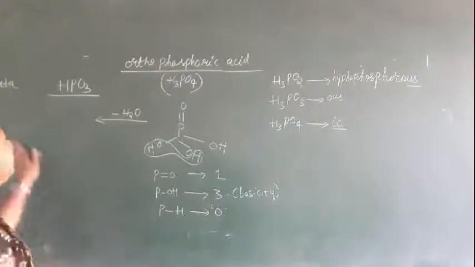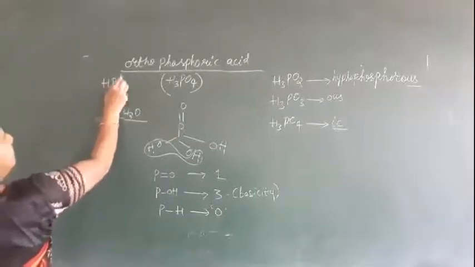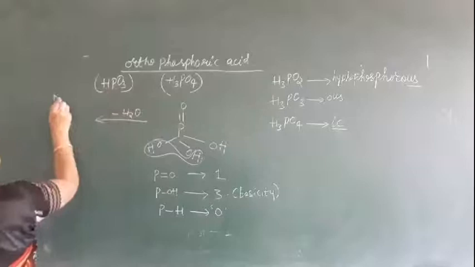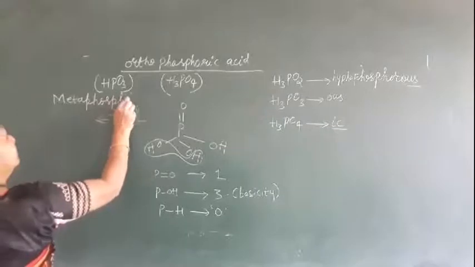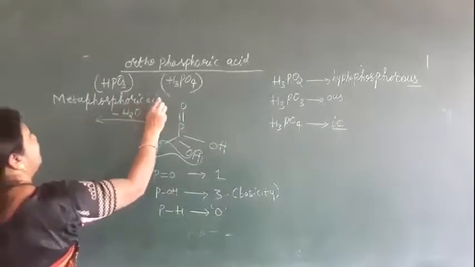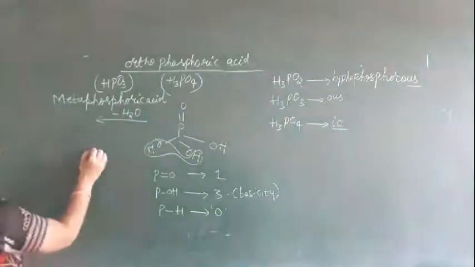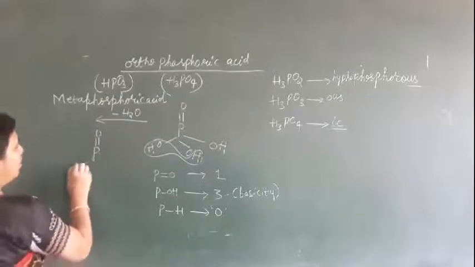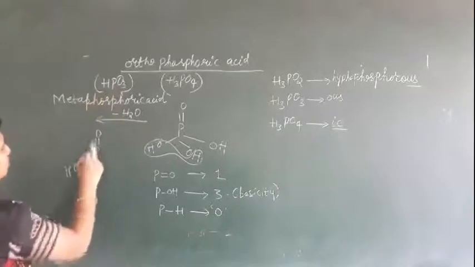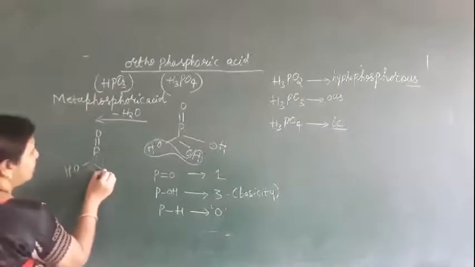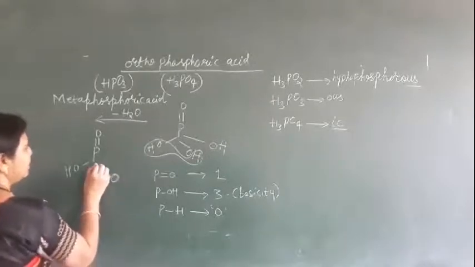Can you see this? So this is HPO3, and its name is metaphosphoric acid, HPO3. Now how can we draw the structure? The structure will be P double bond O, OH, which will be compulsory. Now it is HPO3. 2 oxygen over, 1 hydrogen over, and 1 oxygen remains here. So this oxygen will be here. Okay. So this is the structure of HPO3.